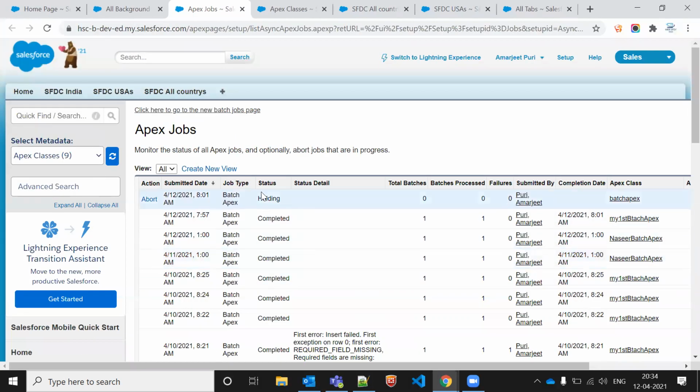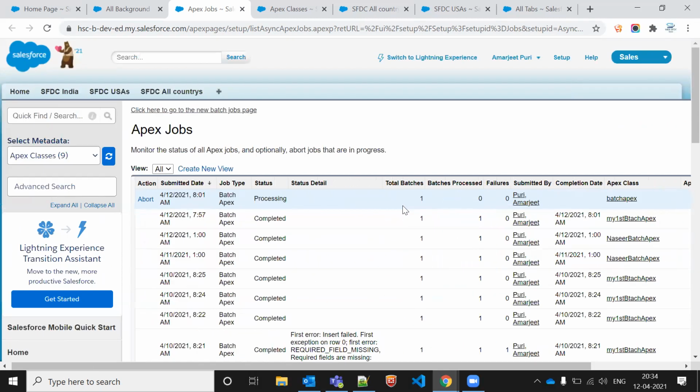So now you can check this batch apex. The batch apex is still in holding state, right? Because of some issues. So let me just refresh. Yeah, it is still pending in processing state. Once it is done, then it can delete the number of records from the database.